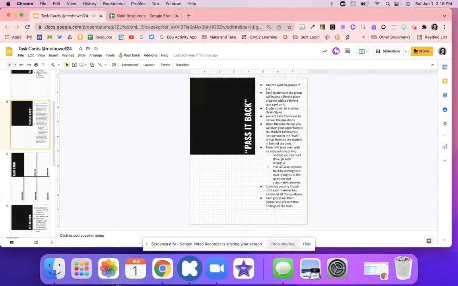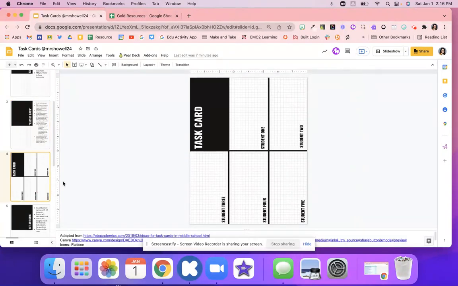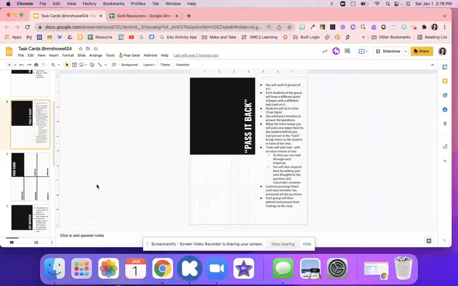So again, that's going to go on for every single round, and you're going to add additional time because they're going to have to read 2 boxes, then 3 boxes, then 4 boxes until this gets back to the original person. Once it gets back to the original person or back to the start, students are then going to read through their comments that other classmates have asked and answer anything that they responded. And then I would set another timer for each group to debrief and maybe present their findings to the